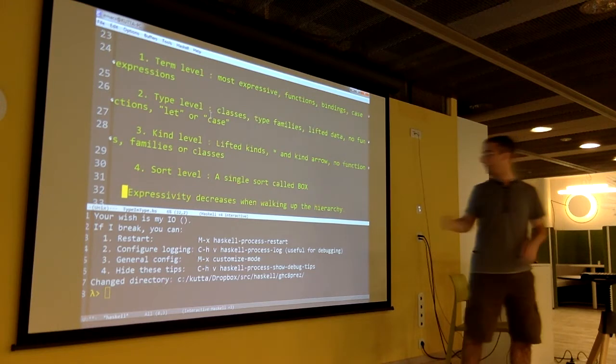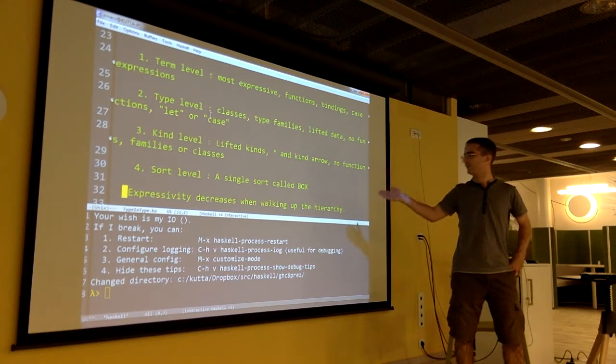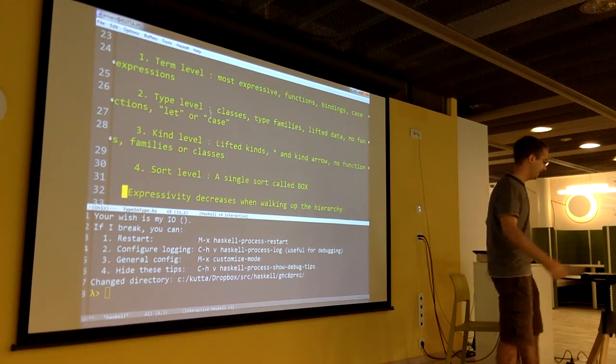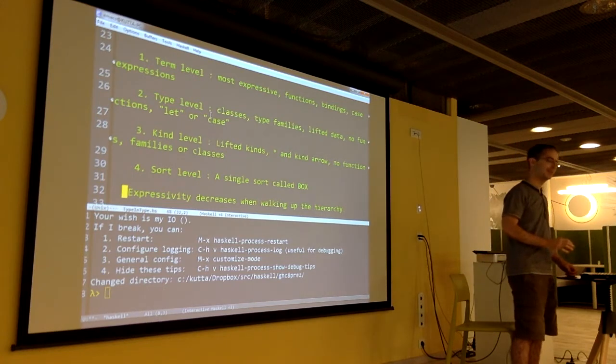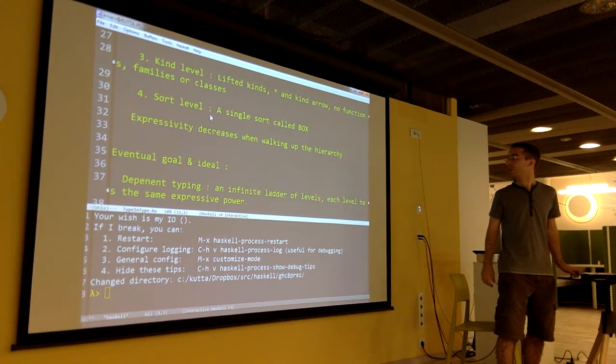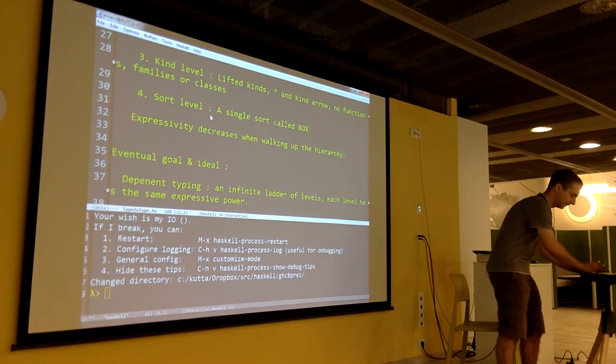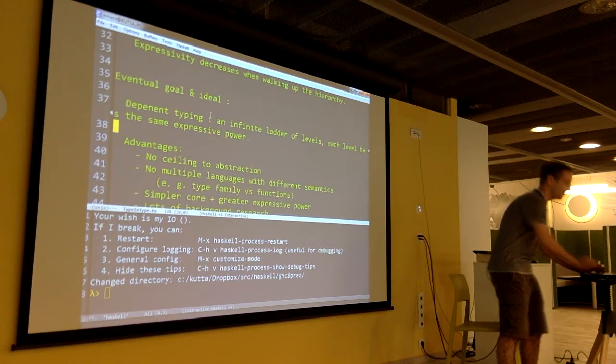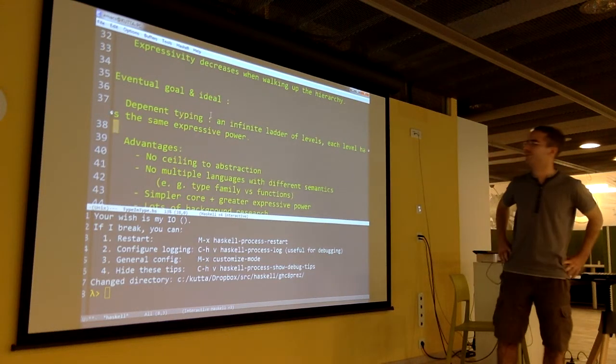And basically all kinds have sort box. So the sort level is an extremely limited language. You can't really do anything on the sort level. So expressivity decreases when walking up the hierarchy, but it would be eventually much nicer if we had actual dependent